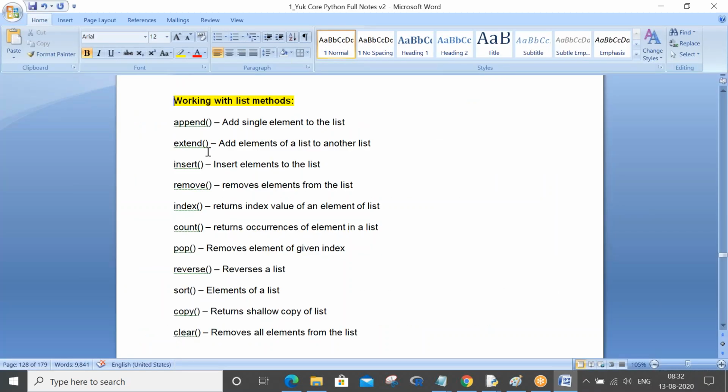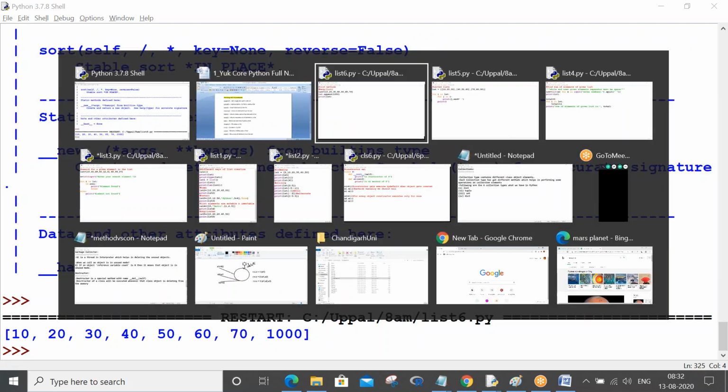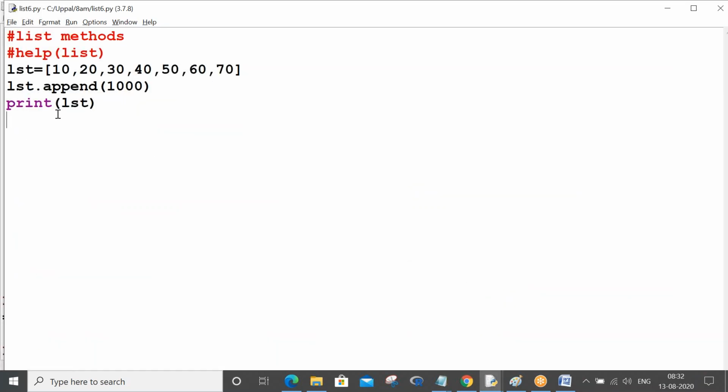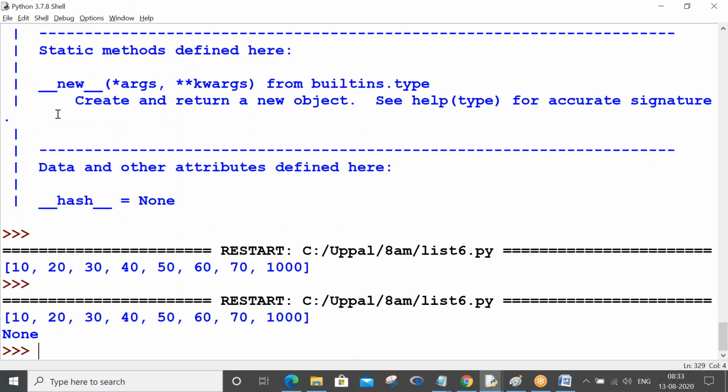What is extend? Extend means you will have to just give a try. Next list: x equals 100, 200, 300. So lst dot extend with your x, then print lst.